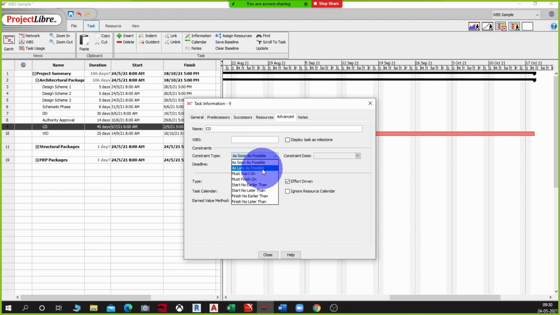But if it's a time driven project, not an effort driven project, if I tick this off and say it's not effort driven but time driven, then I will have to keep the constraint as soon as possible or as early as possible. Start no earlier than, or finish no earlier than. I will start putting those constraints in place because I would want to finish the project as quickly as possible.